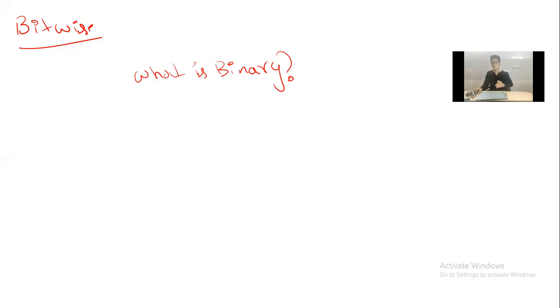So now you might be thinking, what is binary? I hope 99 people know what binary is, but there might be some people who don't. Let me tell you. There are many number systems, like the decimal number system and the hexadecimal number system. This is how to represent numbers. In normal day-to-day life, the number system you're using is the decimal number system.